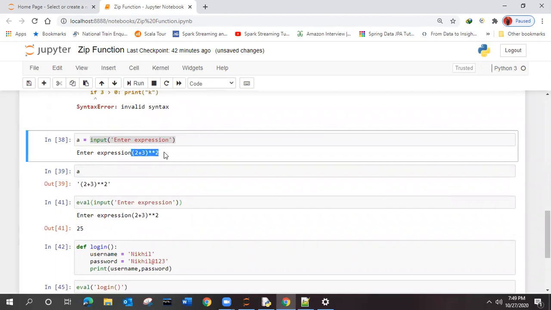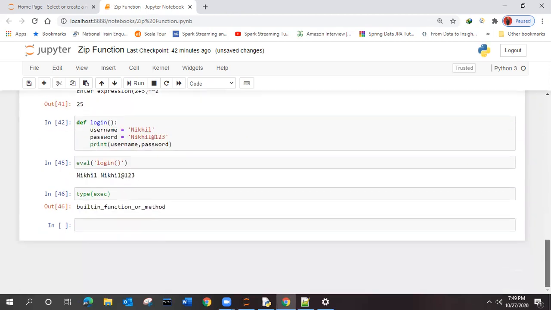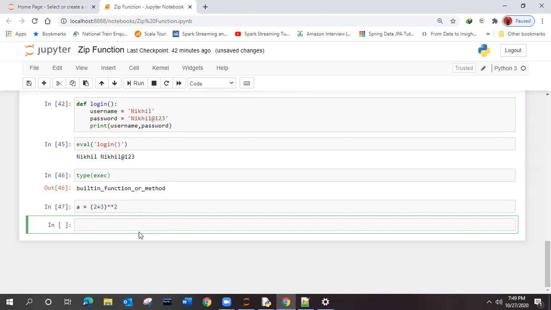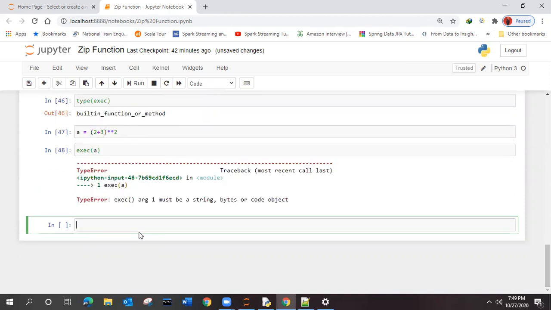This one. Let's see, A equal to this one. Must be a string.